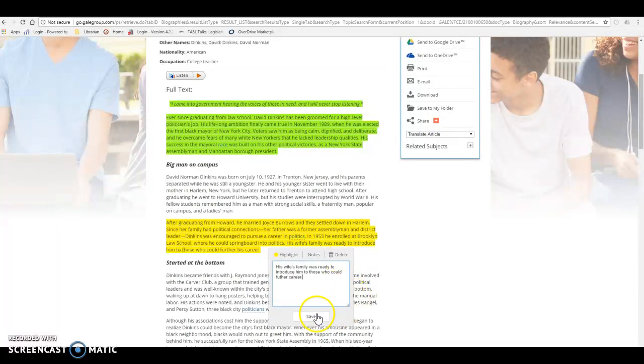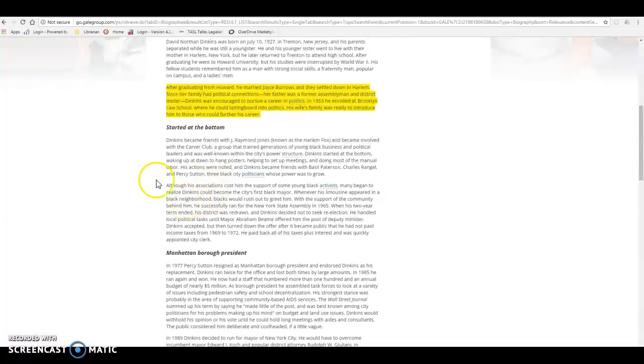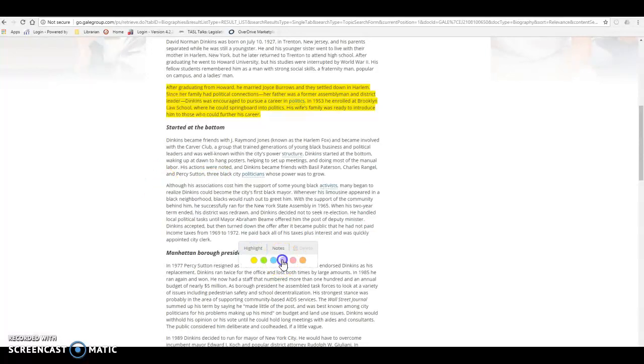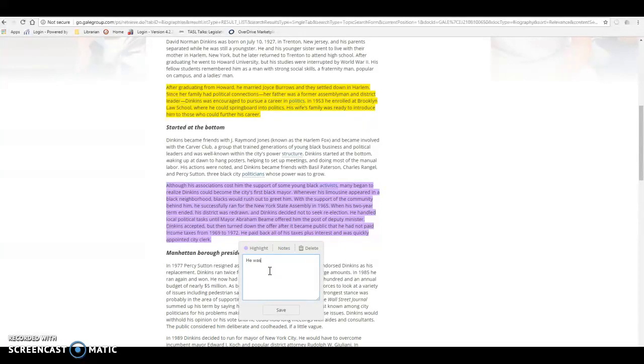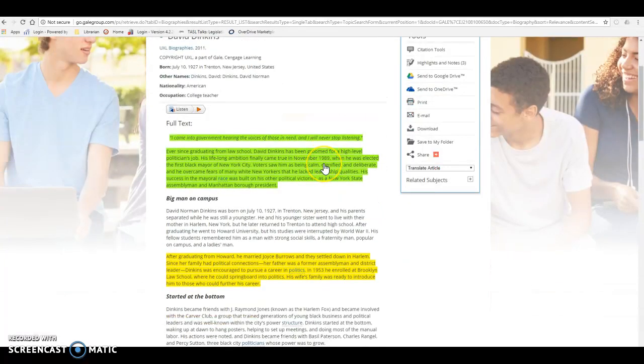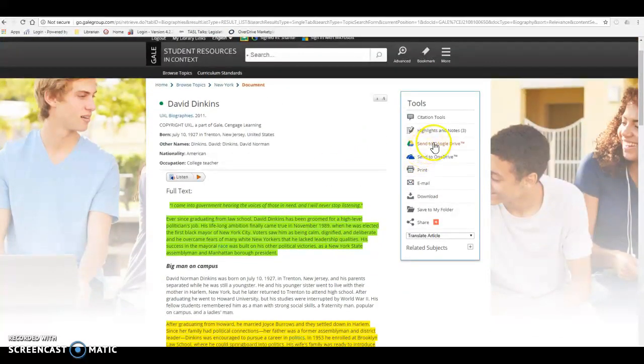Okay, save it. Say I get to another area that I want to highlight and take notes. All right, save it. Now, all of these notes from whatever article you're reading, you can send them to a